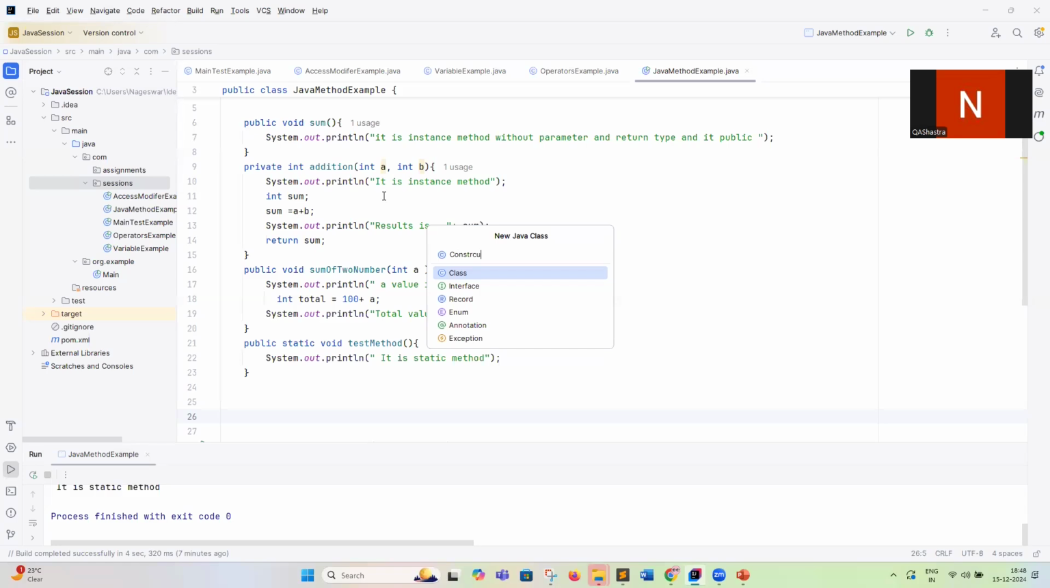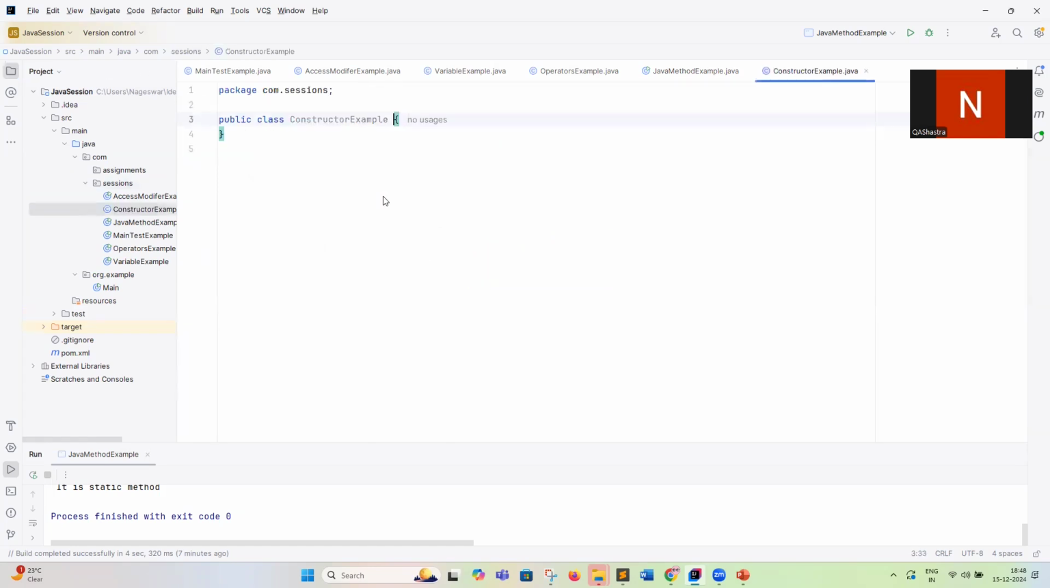Constructor example. So let me create a constructor example. So now this is my class, right? What is the class name? Class name is ConstructorExample, and it is a public class, followed by the keyword class, followed by the name,